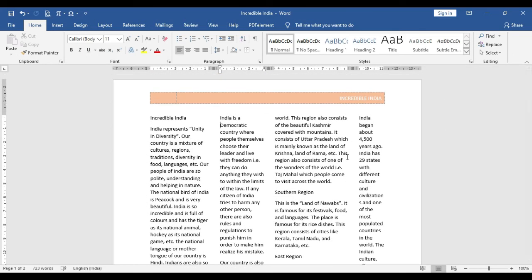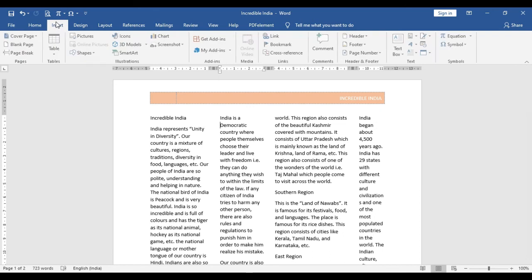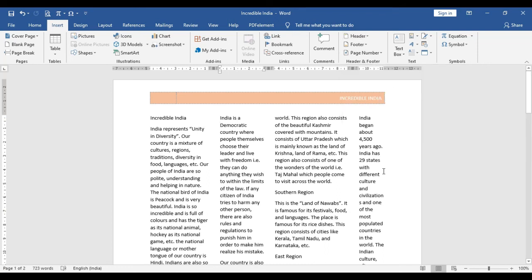So you can insert a header and footer in two easy ways. One is by going to the Insert option and then from the Header and Footer tool, select Header or Footer as you want to insert.